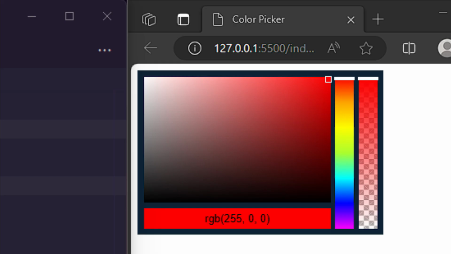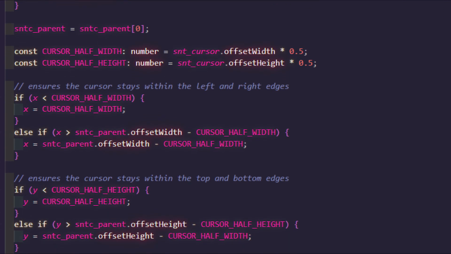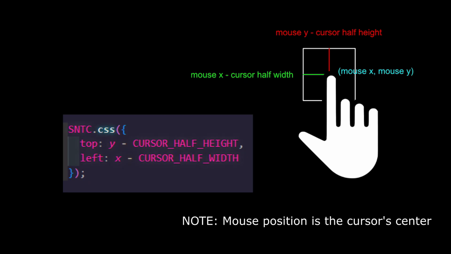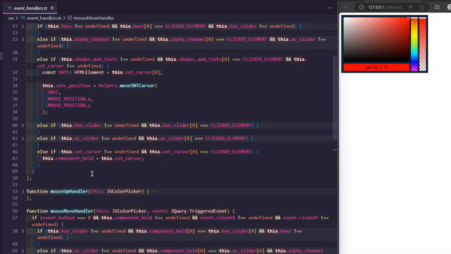As you can see, it starts in the top right corner. I put it there on purpose because that chroma is closest to the starting hue, which is red. I had to create a new helper for moving the cursor. It has conditions to prevent it from going beyond the 4 edges of the chroma component. The cursor is centered on the mouse, so to prevent it from leaving the component, its center x coordinate cannot be less than the x coordinate of the left edge, or greater than the x coordinate of the right edge. Also, its center y coordinate cannot be less than the y coordinate of the top edge, or greater than the y coordinate of the bottom edge. I use this helper to implement the clicking and dragging mechanics for the cursor.